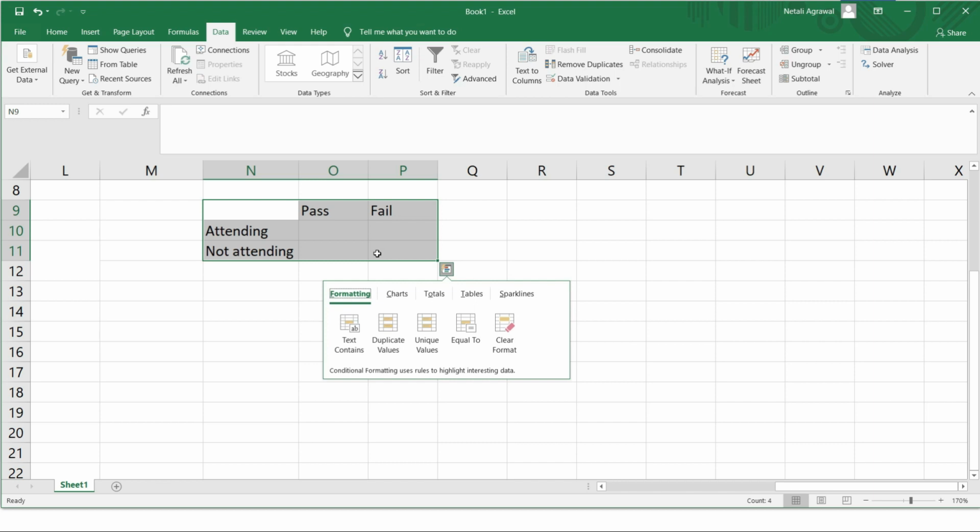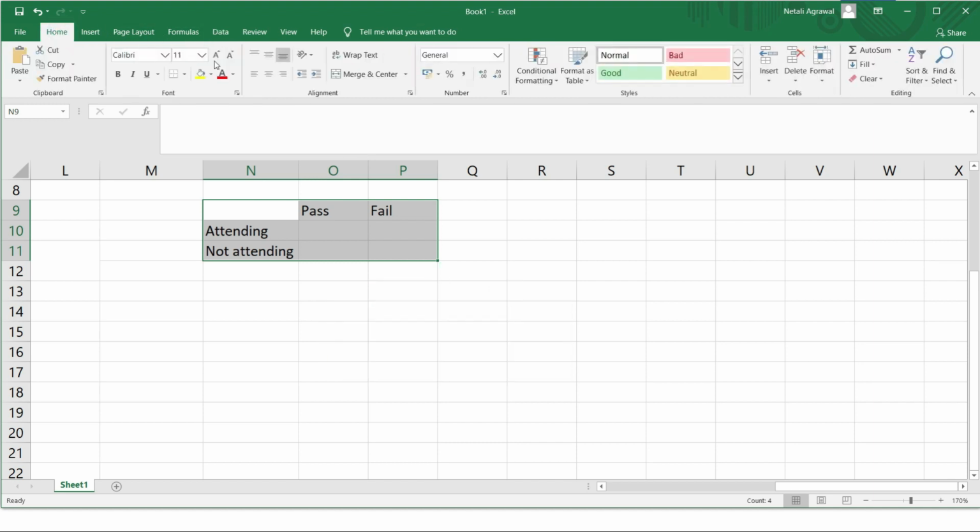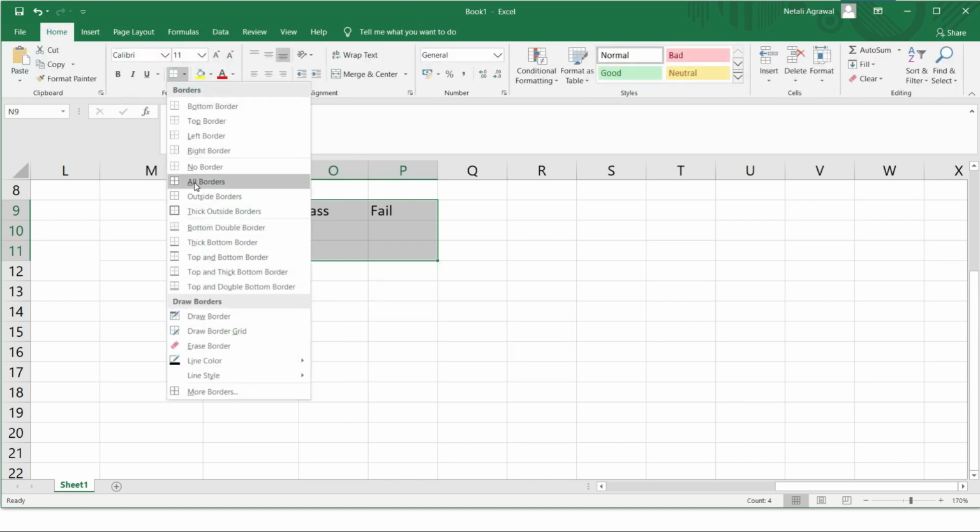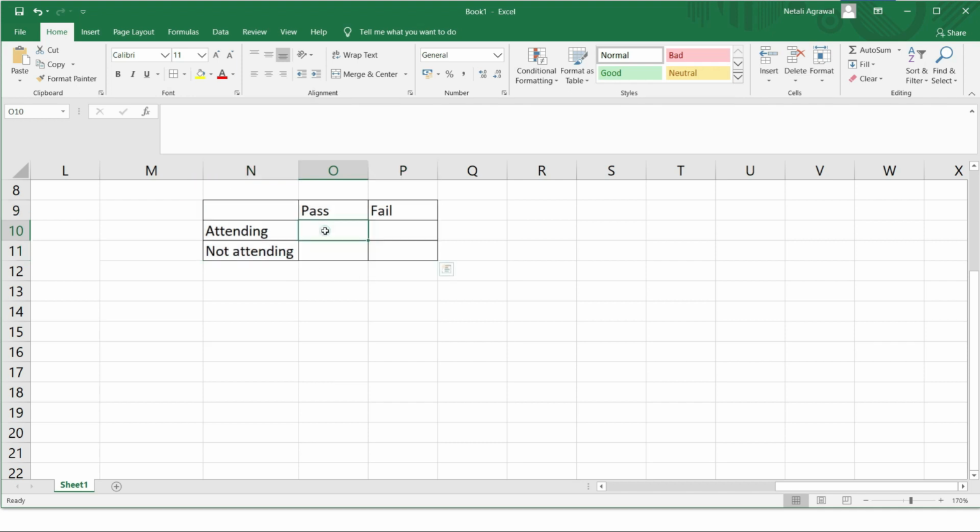So what does the chi-square test tell you basically? This test tells you how these values are fitting your graph, whether these variables are independent or dependent. Is your pass and fail depending on attending or not attending the class, or is it not depending on that? Are these variables independent or dependent?